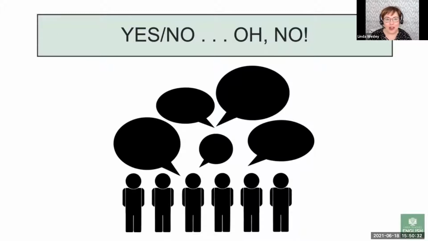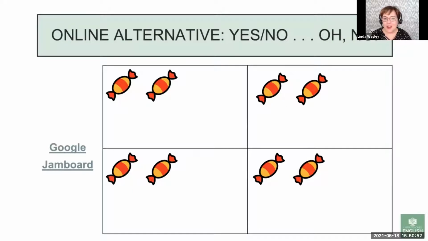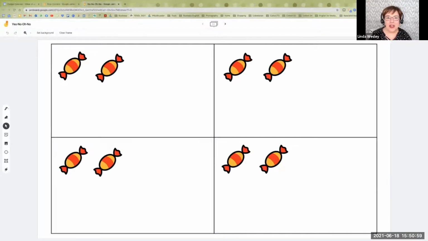And it was absolutely wonderful because you had so much activity, so many people talking, and you had really sneaky people who found ways to surprise people with yes, no questions. And here again, you could use this online with Google Jamboard. Let me switch over there. Can you see my Jamboard? Yes. Okay, great. And you'll notice that these can move around.